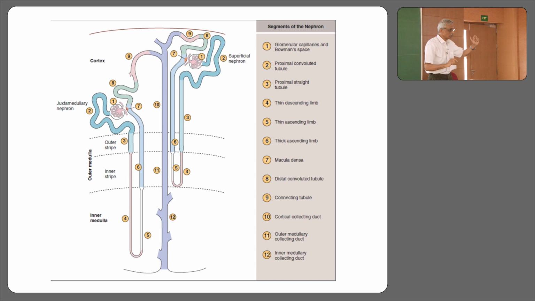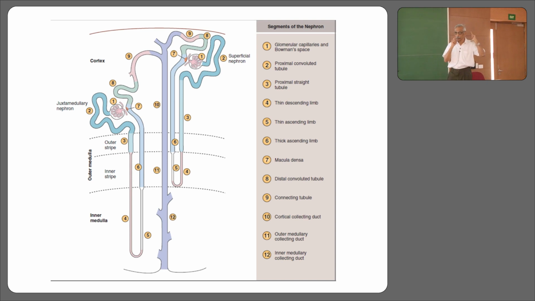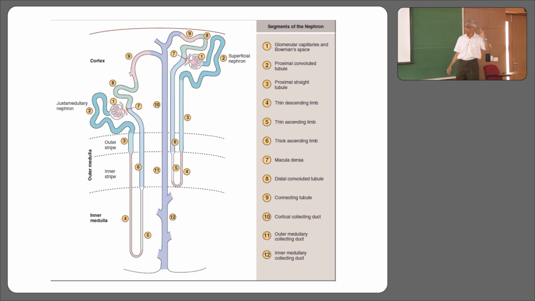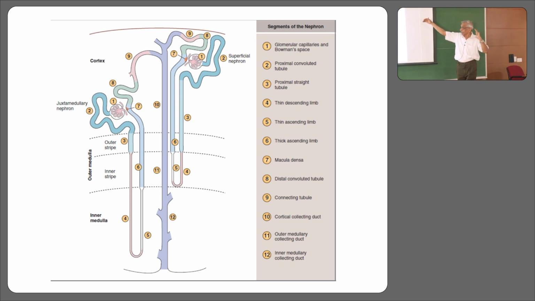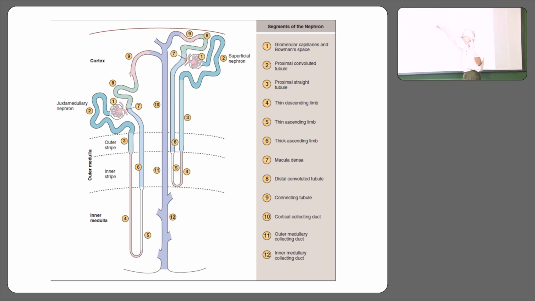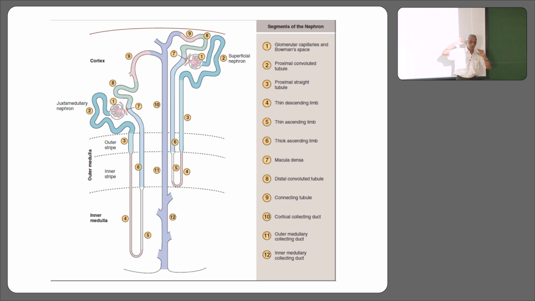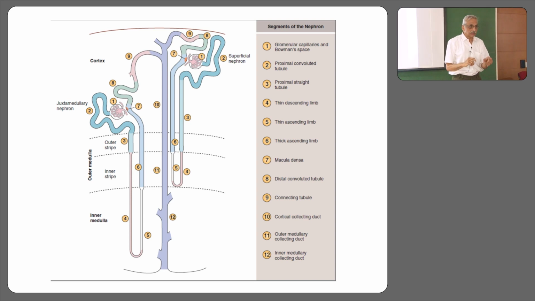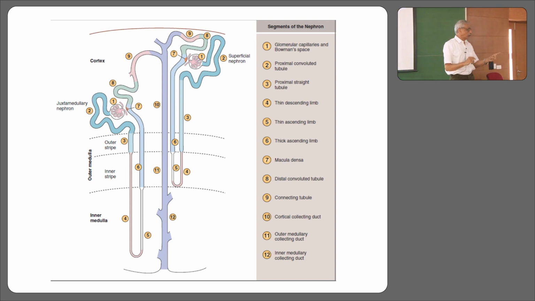And now the author tells us something interesting. The author tells us that the nephrons are divided into two types, and both types of nephrons are in front of you. Can you identify the differences between the two nephrons? The second one is at a slightly lower level, deeper into the cortex, and the second one gives rise to a descending limb which goes deep into the medulla. I'll call this the cortical nephron. What will I call this? And I'll call this one the juxtamedullary nephron. It's a nephron in the cortex, but it's close to the medulla. So what do I call it? Juxtamedullary nephron. Please remember.